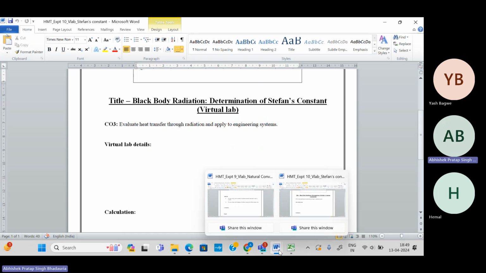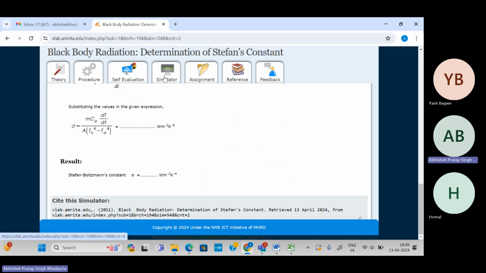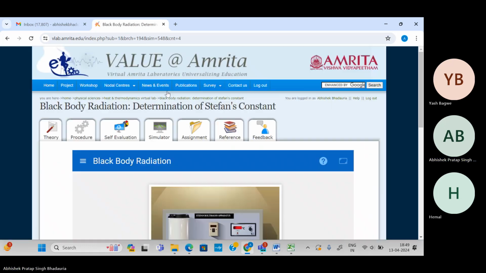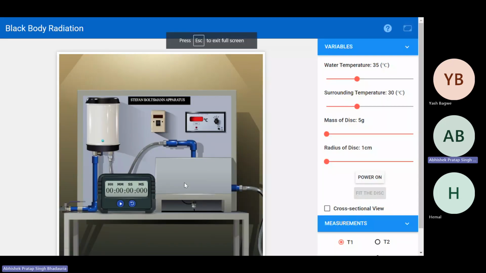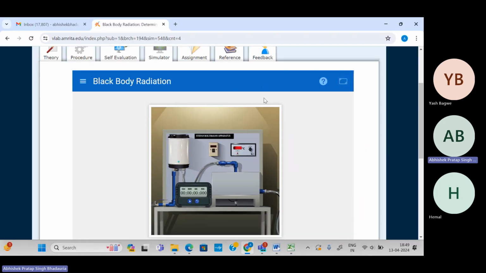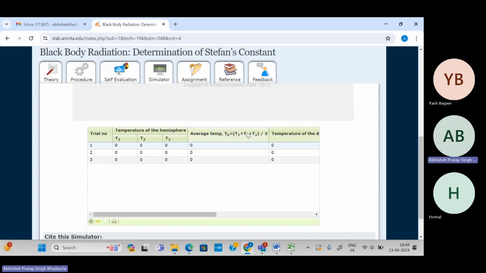ठीक है, उसके बाद आपका क्या आएगा? फिर उसके बाद हम सिमुलेटर से सिमुलेशन करेंगे। सिमुलेशन करेंगे और सिमुलेशन करने के बाद सिमुलेशन 3 केसेस के लिए करेंगे। तो यहाँ पर अपने को सिमुलेटेड वैल्यूज मिलेंगे। ये वैल्यूज we will put here in the table, so it will automatically give the